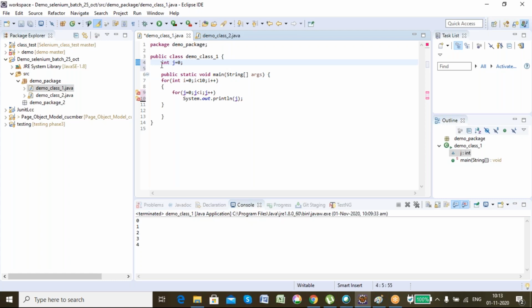So what is the solution? We will create an object. Or static. We read about it yesterday, static and non-static. And if we define that j in the for loop, then it won't give us the error, or will it?